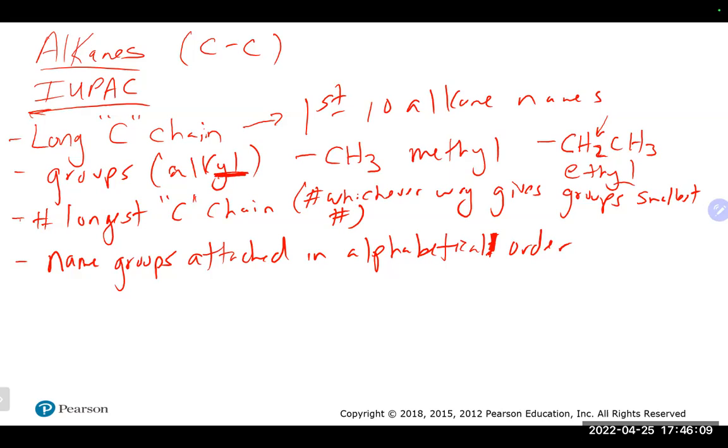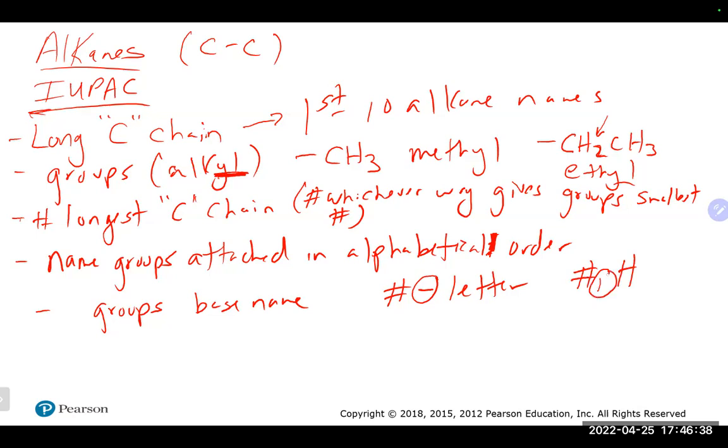Once you have all that, we go through the groups in alphabetical order and then the base of the name. There are a couple of other things that we talked about. If you have a number and a letter, there is a dash between a number and a letter. Also, if you have a letter and a number, any combination of that, you put a dash between them. If you have two numbers that come in a row, we put a comma between those two numbers. And that's the major way of naming here.